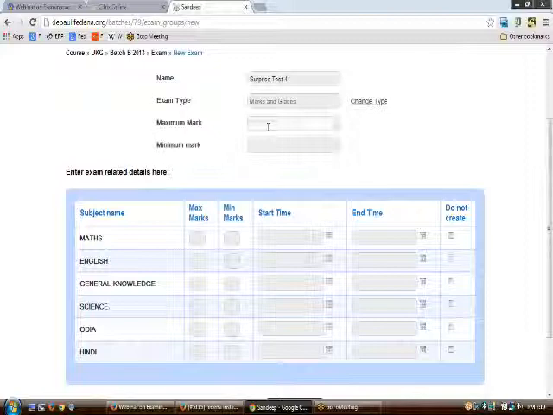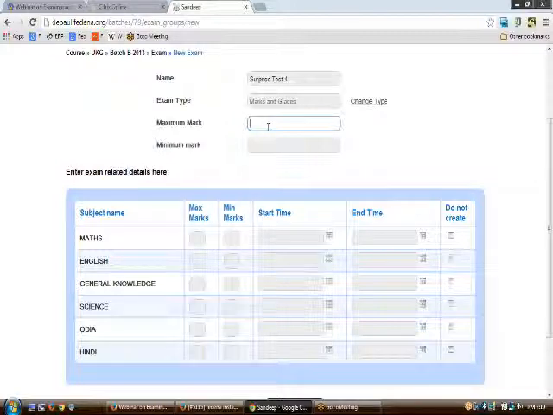So to carry on the process, I need to enter the maximum marks and the minimum marks, and then on entering the maximum marks and minimum marks from here, you will be able to enter the maximum marks and minimum marks for each of the subjects automatically. Now if you want to change them, you can even go to the particular cell and change it.